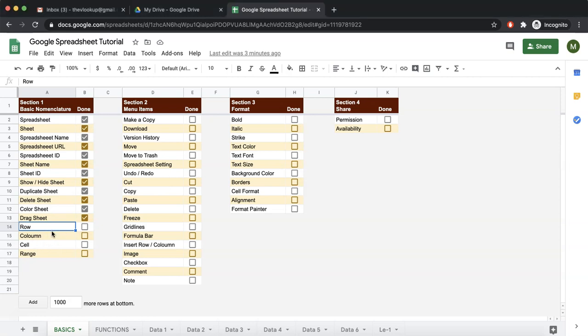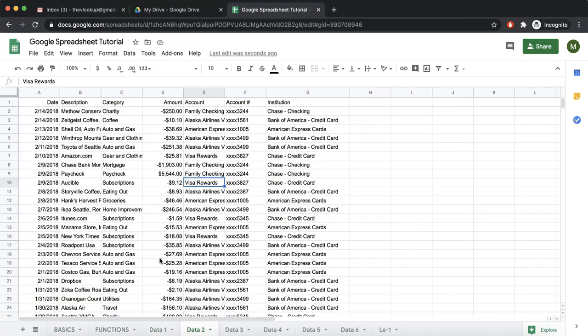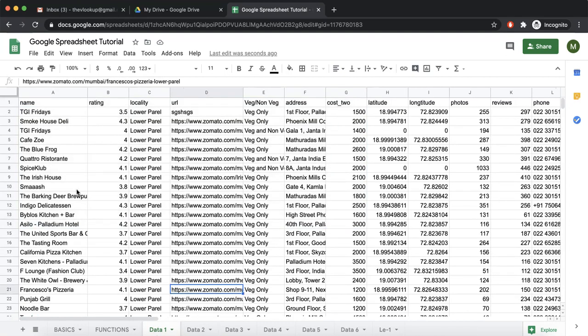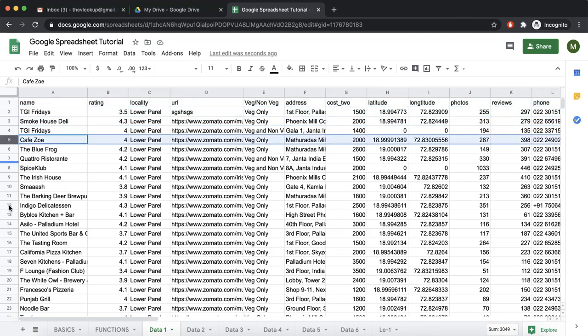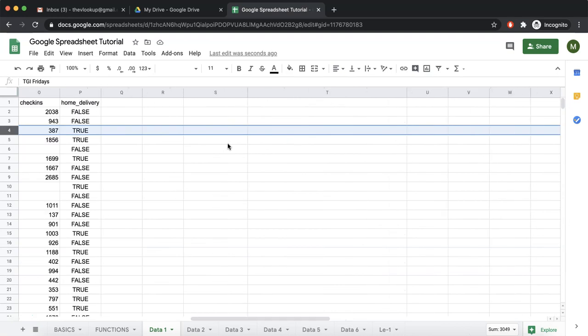So now we are going to learn about row, column, cell and ranges. So what is a row? Every sheet of the spreadsheet is just a combination of a lot of rows and columns. So let's say we take an example of this sheet. This is a row, and the name of the row is 1, row number 2, 3, 4, 5, 16, 20. So this complete thing is called a row.